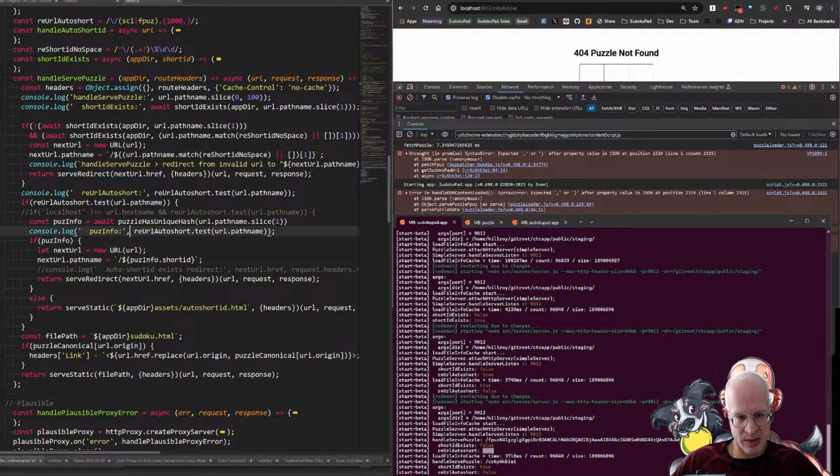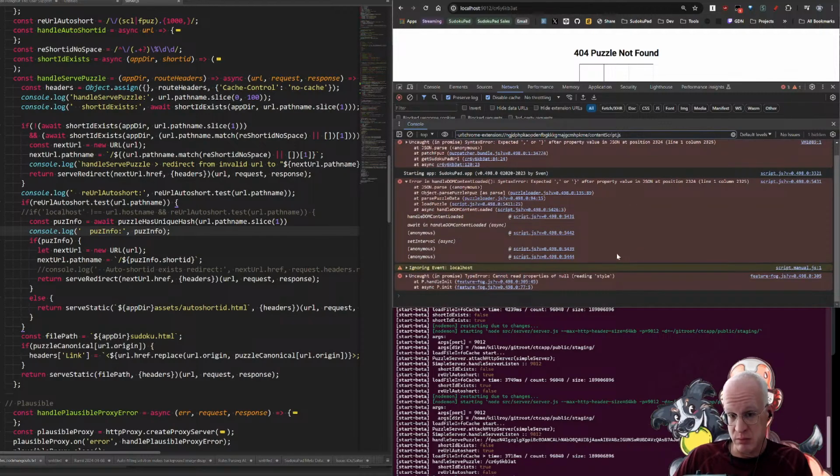So that puzzle info, what's basically happening is that because we're matching the hash without the double slashes, it doesn't kick in the true auto URL. So, okay, this tells me two things. It tells me that my auto URL mechanism works, the auto short ID mechanism. It tells me that the add solution mechanism potentially works. So far, I still don't know where the bad URL